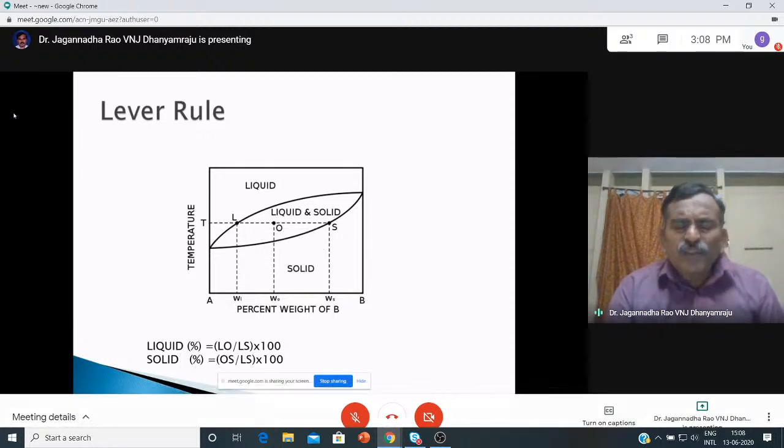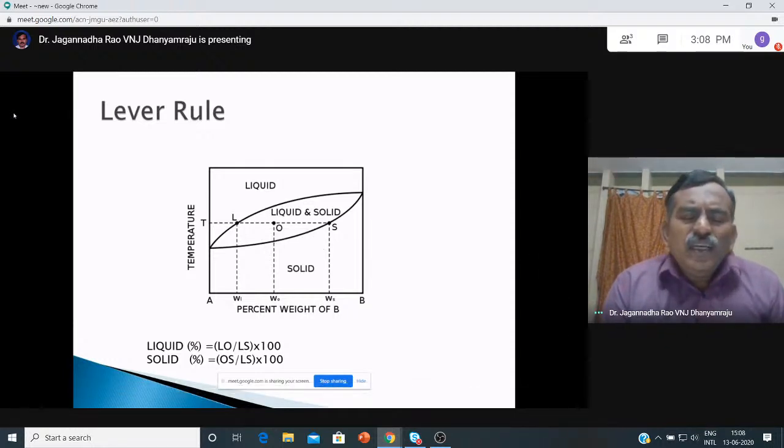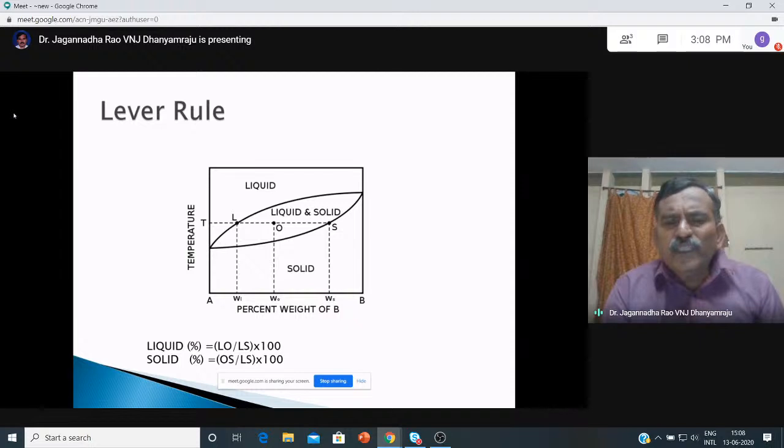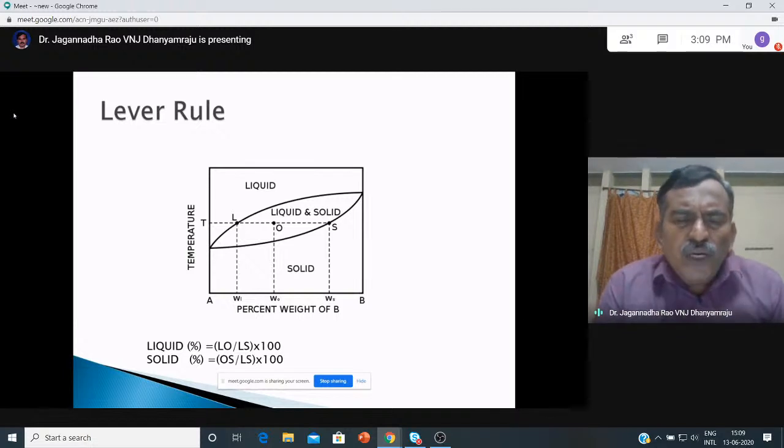And if you take any point in the solid region, it is a complete solid, 100% solid, and its composition corresponds to the composition of the alloy. But however, it is not so when your